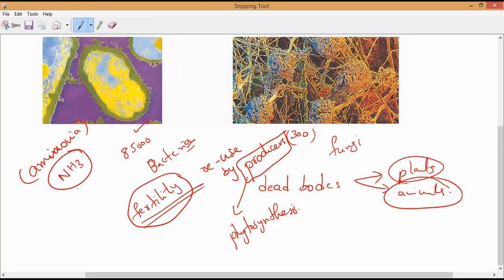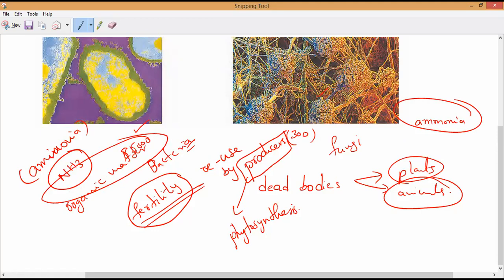Is it yes or no? Most of the nitrates like urea and all, they have ammonia only. So they will produce ammonia, and even many kinds of minerals, because everything is organic matter only. So many kinds of organic substances are used to produce this. The ammonia released by the putrefying bacteria and fungi will be converted into nitrates. Do you understand? Please respond. Which will be converted into what? Nitrates, by the nitrifying bacteria.